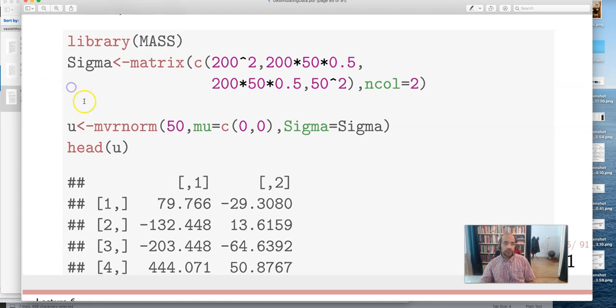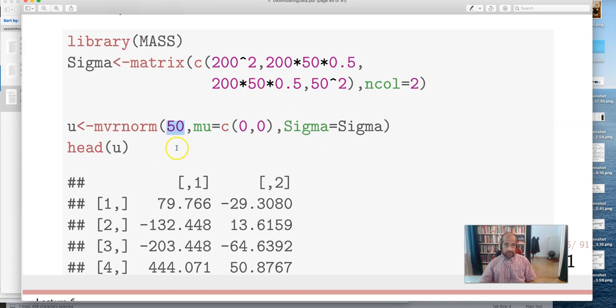So the way we will do this is that we will use a library MASS and generate a variance covariance matrix and use that variance covariance matrix and the multivariate rnorm distribution from the MASS library to generate certain number of